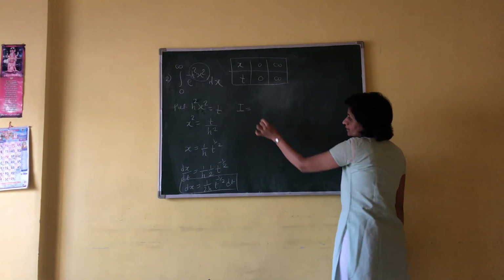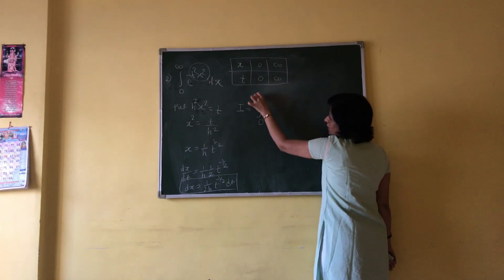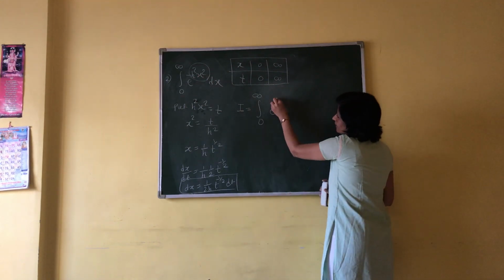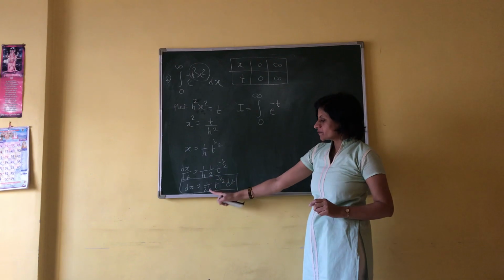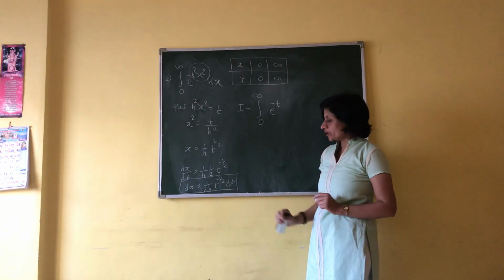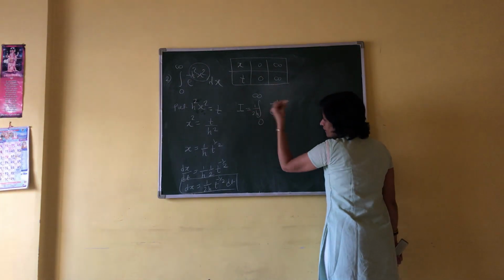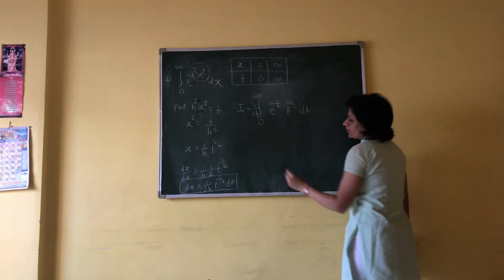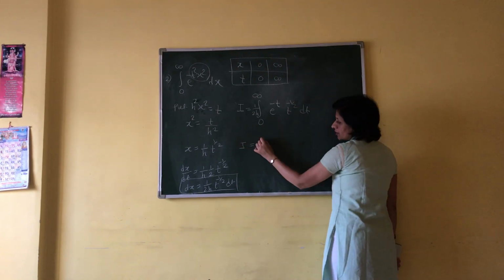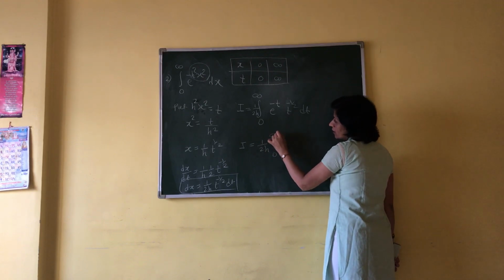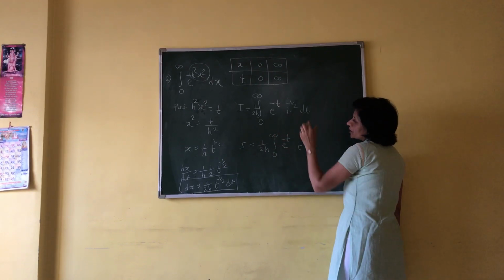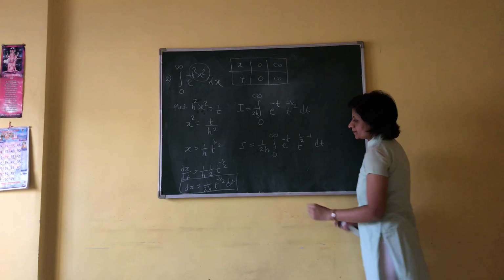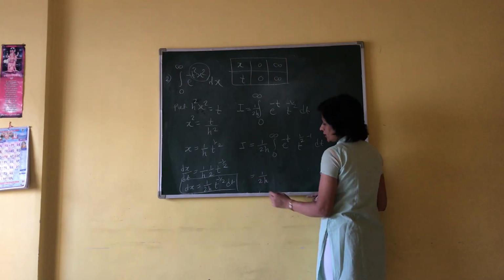Therefore I is equal to, reducing the integral, t varies from new limits 0 to infinity, e raised to minus x square, that is t, into dx. The equation of dx is 1 upon 2h t raised to minus 1 by 2 into dt. 1 by 2h is a constant outside the integral, into e raised to minus t, t raised to minus 1 by 2 dt. Therefore write this integral in gamma function: 1 upon 2h, 0 to infinity e raised to minus t into t raised to n minus 1, where n minus 1 means 1 by 2 minus 1, into dt. That is 1 upon 2h into gamma n.